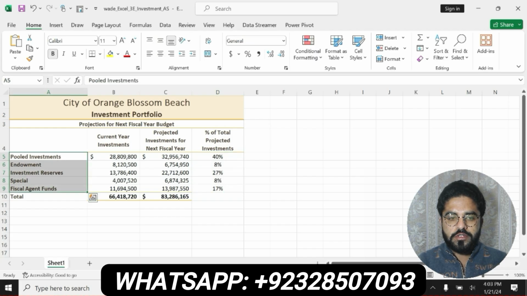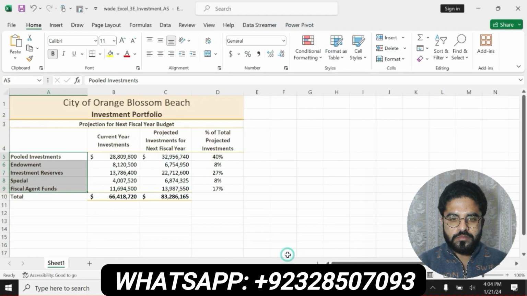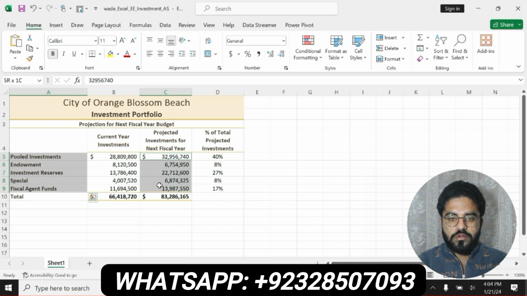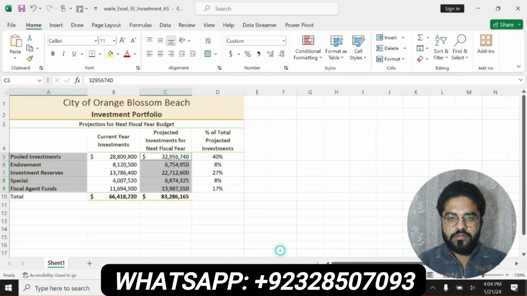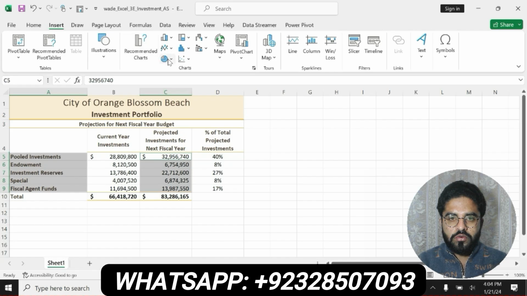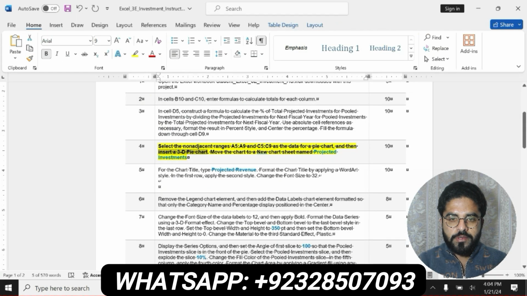Select this range first, and also select this range C5 to C9. First we select the range A5 to A9 and the second one is C5 to C9, and go to the Insert tab and click on this and insert this pie chart,